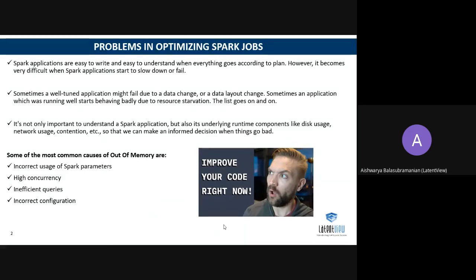You have a lot of things going on in the background because of which your job will fail, and you will never know that it failed at this moment of time because of this particular reason. It may be one of the four parameters listed here: inefficient queries, incorrect configuration parameters, the way we use the Spark parameters, or concurrency. Because of very high concurrency also your job might fail.